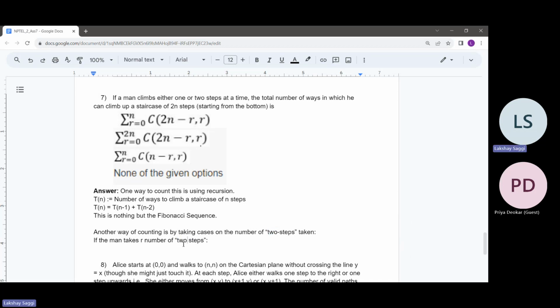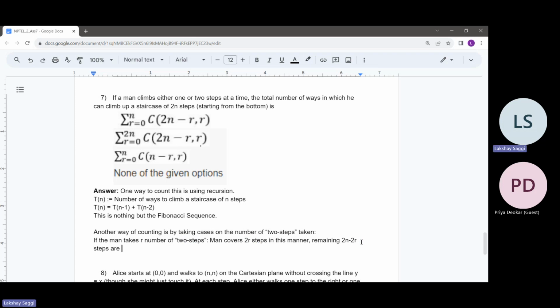If the man takes r number of two steps, it means the man covers 2r steps in this manner. There were 2n steps in total, 2r steps were covered in two-step manner, so the remaining 2n minus 2r steps are covered